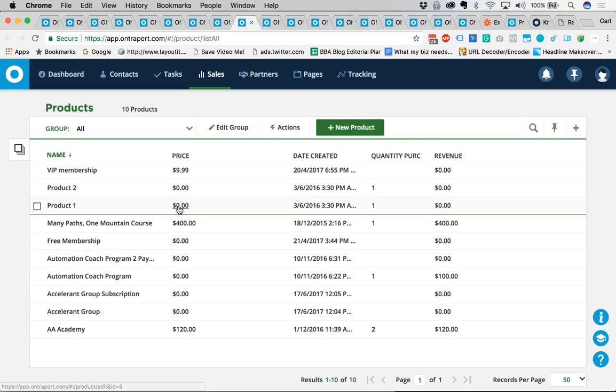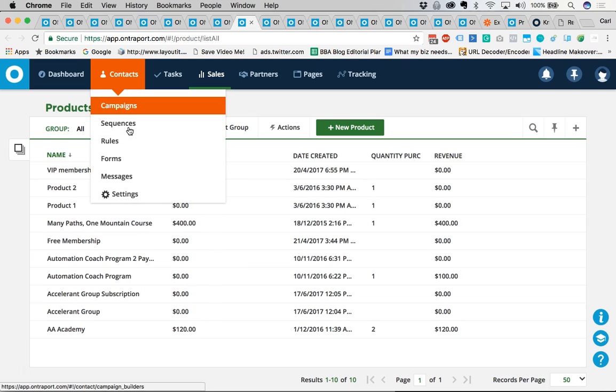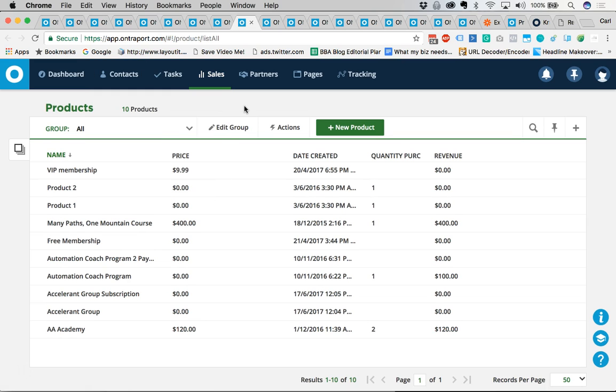You can see here, you can have free products as well. And then you sell these products through the use of a form, and specifically an order form. Remember when I was creating the form, I added the order form approach. Now the order form is not super flexible in what you can do. They have certain fields you have to show, so there are some limitations there that I don't love. They don't give you that flexibility on the order form approach, at least at this stage. But the products are really great in terms of the